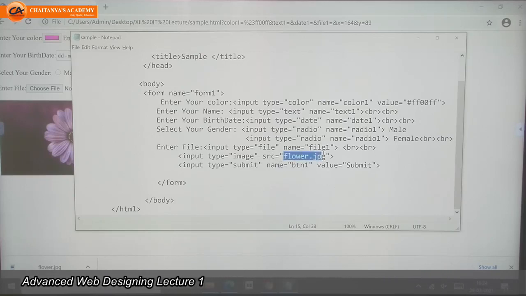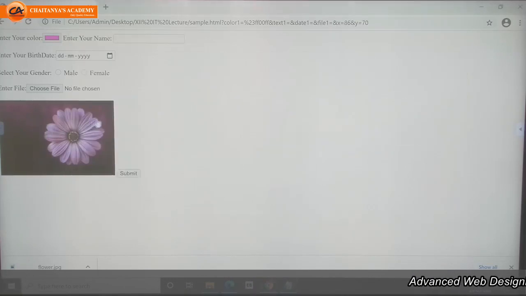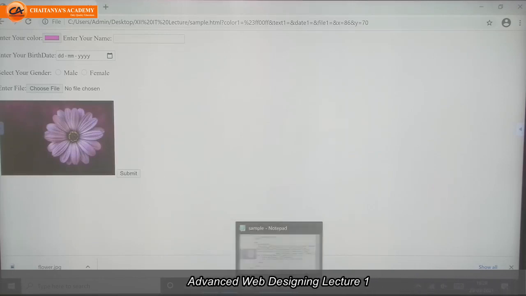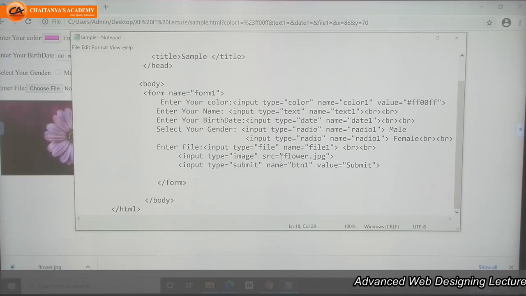Now I have given only flower.jpg because this HTML file and this image are both in the same folder. If they are in different folders, then I have to give the full path. For example, in which drive, in which folder it is, that full path I have to write here.